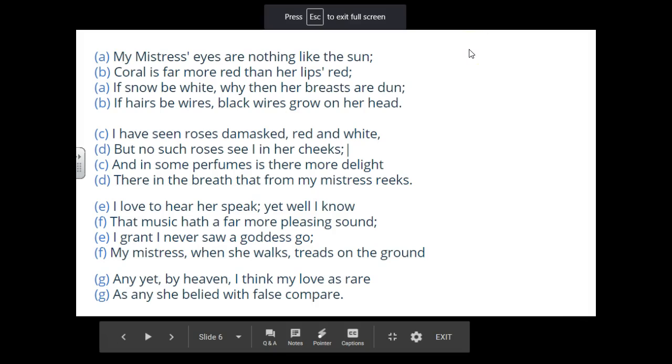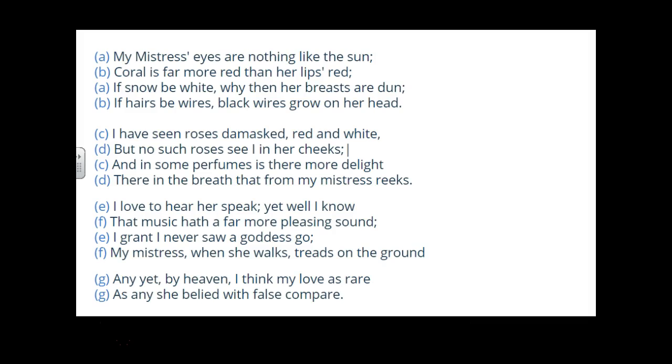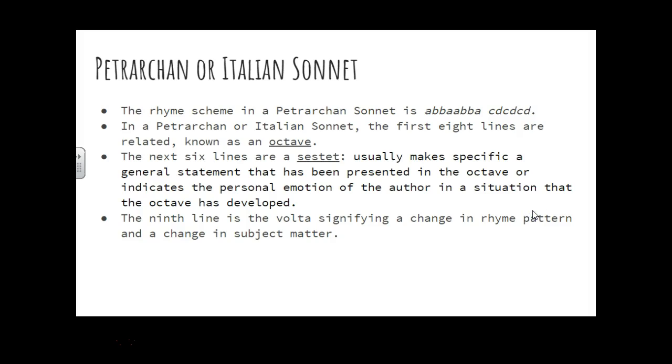Okay, do we got it? Those are all the elements of Shakespearean. Are we good? Thumbs up, thumbs middle, thumbs down. Everyone. Okay, cool. You good? Alright, so this is a whole different sonnet form. It's still 14 lines. Okay, it's still dealing with two different topics, but it's called Petrarchan or Italian. Okay? So, here we go.